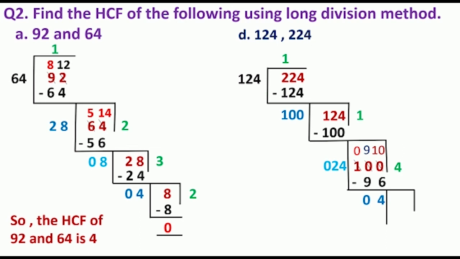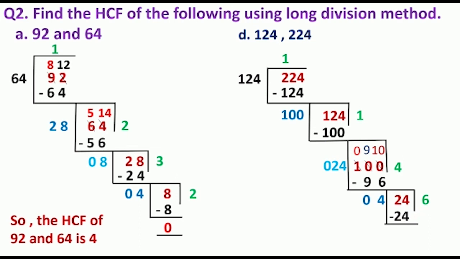Now this 24 will become the dividend again. So write 24 here. Now you can divide it. Divide this 24 by 4. What will you get, children? 4 6s are 24. So write 6 in the quotient and 24 here. Now subtract this 24 from 24, children. You will get 0.